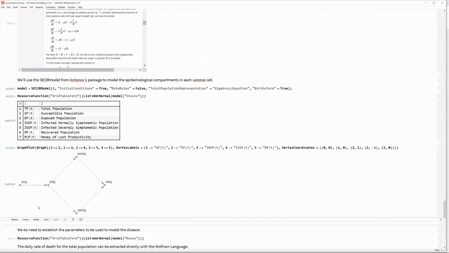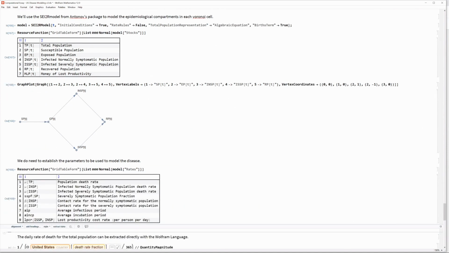A little graph plot to show how the people move through the compartments. You go from susceptible, if you get sick, into the exposed. You have a latency period, an incubation period, that is discussed, how long it takes, and then you can go to either be normally symptomatic, or asymptomatic, or severely symptomatic. And from there, it will take some time until you fully recover. And we'll see on the model